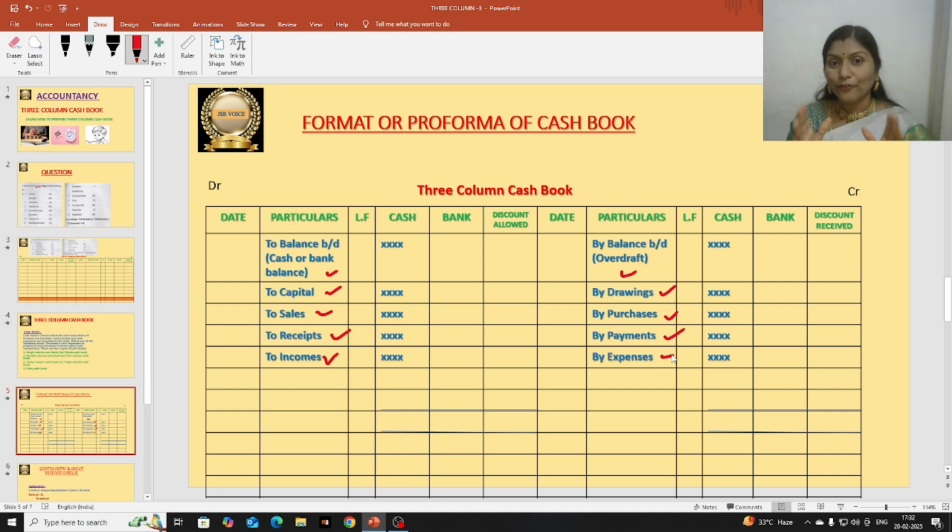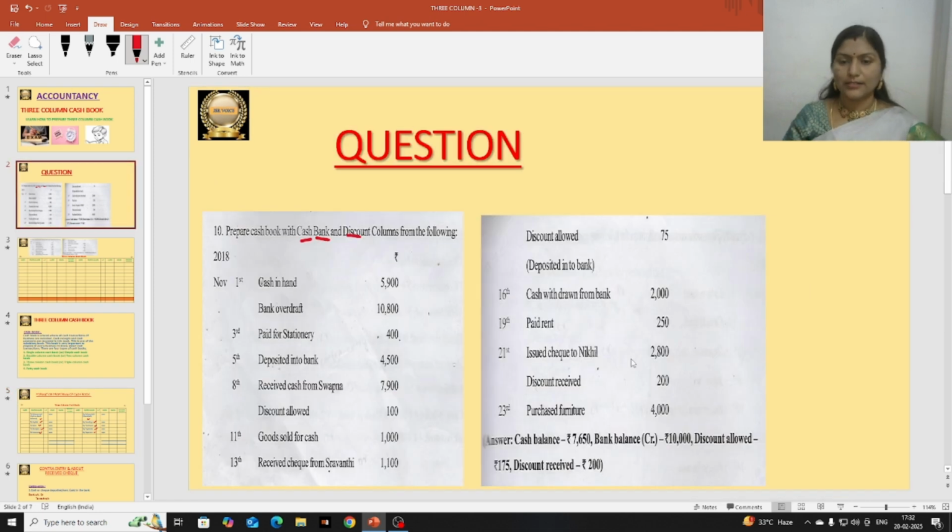This is a pro forma that we should keep in our mind while preparing a 3-column cash book, so that we can complete our solution in a perfect manner and easily. Let us go and discuss our question. So here this is our question, and the transactions are starting from November 1st, 2018. So what they have given here is cash in hand